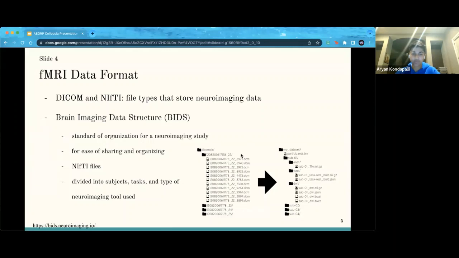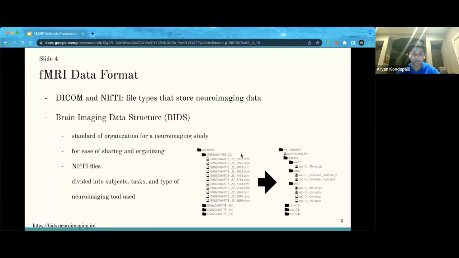First and foremost, the pure fMRI data files that we used were in NIfTI format. There are two primary data types that are commonly used in the field of neuroimaging, and they're DICOM and NIfTI. DICOM, which stands for Digital Imaging and Communications in Medicine, are essentially 2D images of medical scans. NIfTI files, the Neuroimaging Informatics Technology Initiative, are 3D data types and are accompanied by JSON files and